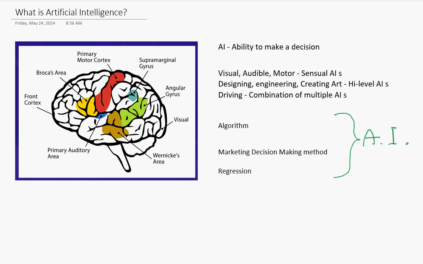The artificial is man-made. Intelligence. What is intelligence? In this context, intelligence is making a decision. Making a decision is intelligent. If you're not intelligent enough to make a decision... So artificially created ability to make a decision, that's the AI, but the word definition doesn't give you much